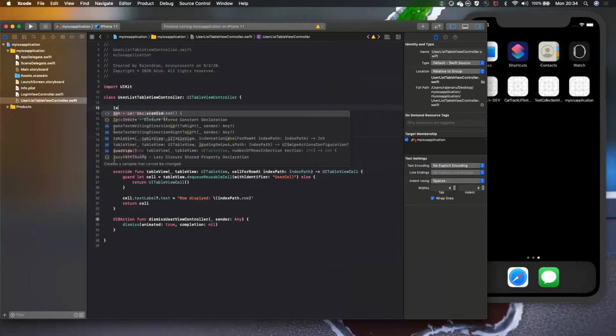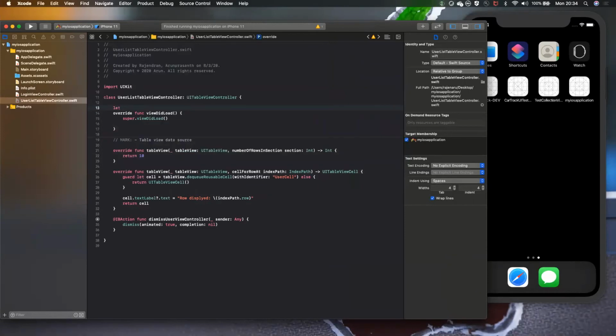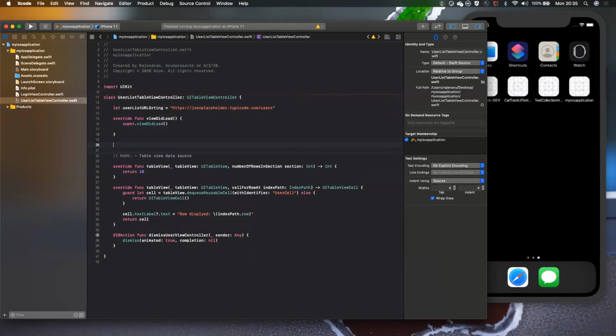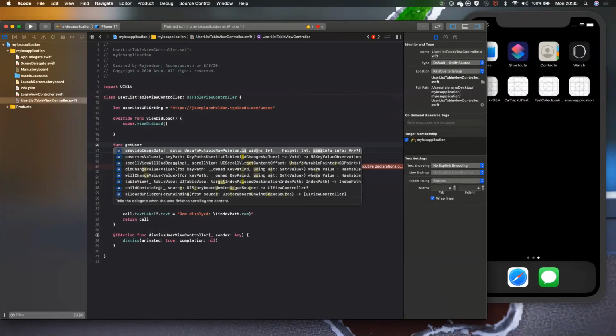I'll just declare a variable, user list URL string. It is a string. I just copy this and paste it. So how can we call the API? I will write a function to get the user list, get users.